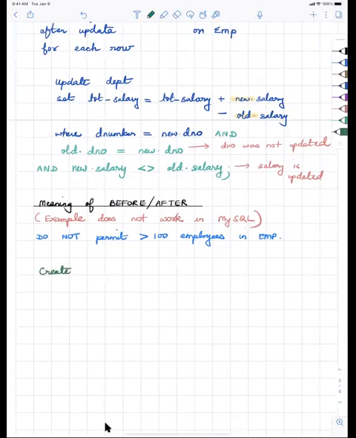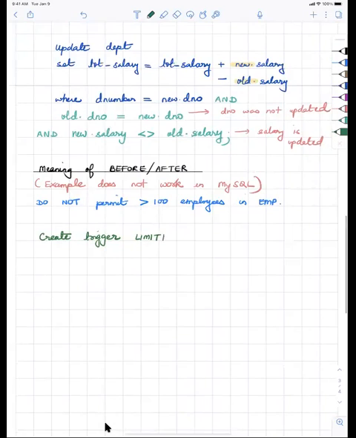So create trigger. Let me call it limit 1. And so here I'm going to use before. So I'm saying before. And I'll do it using after too. So this is a before part. Before insert on employee for each row